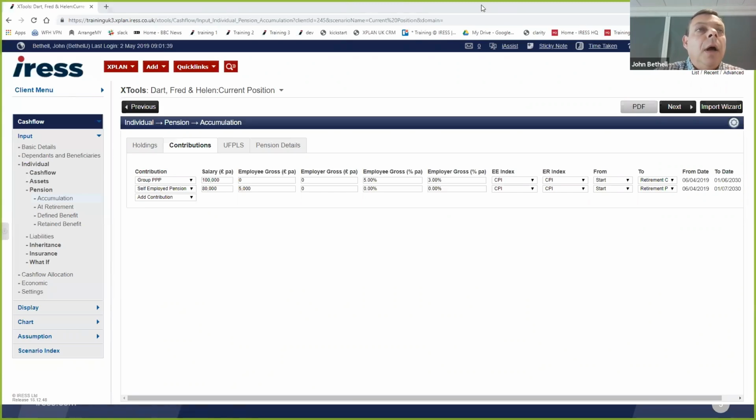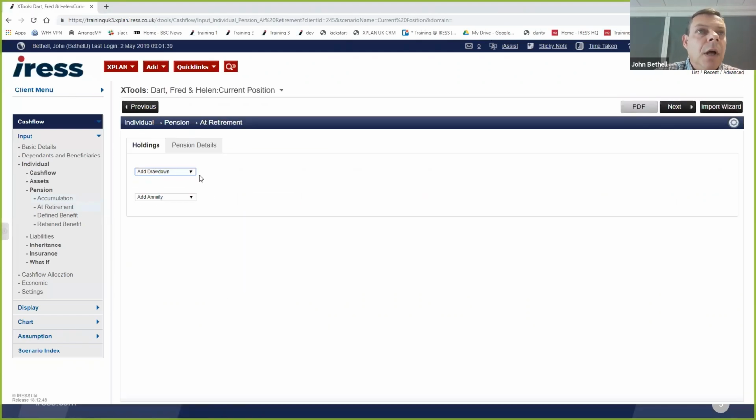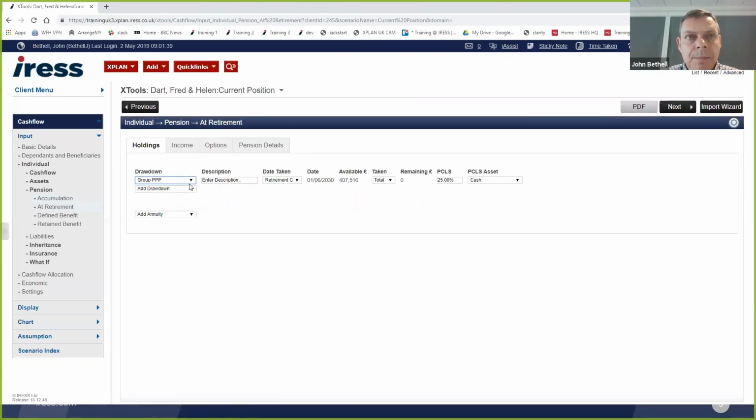Okay, so I'm now going to set up the at retirement. So because these clients aren't retired, there's no at retirement in the main system. And so I'm just going to add some very basic drawdown, bearing in mind that this is a current position. It's very lightweight, deliberately, in terms of cash flow planning. And so I'm going to put down